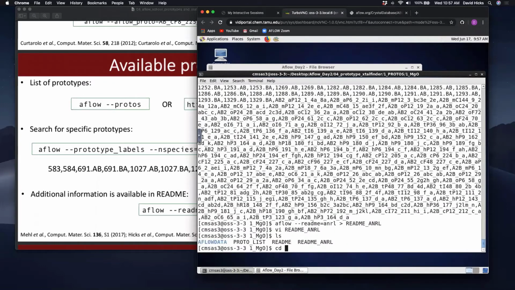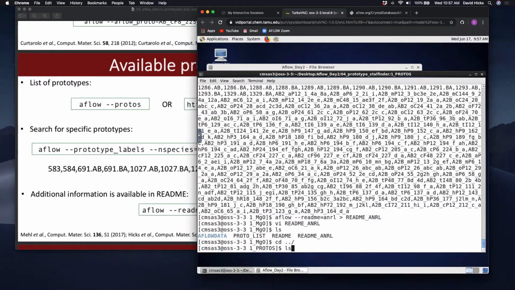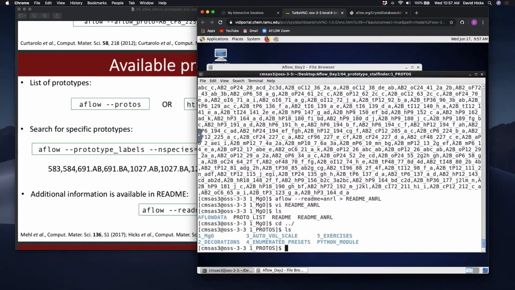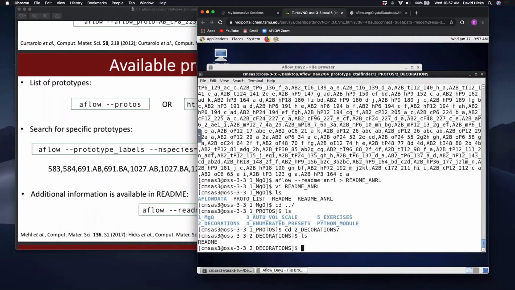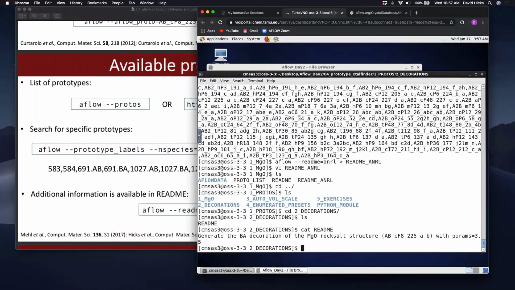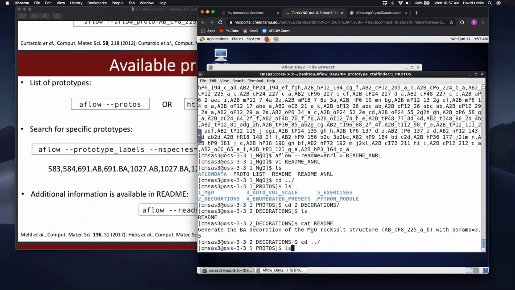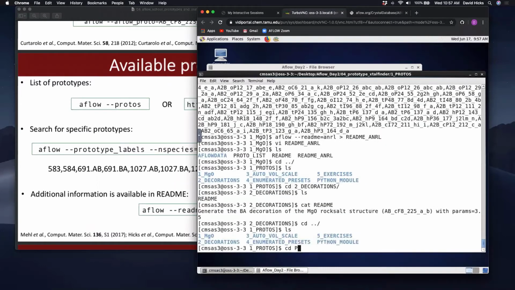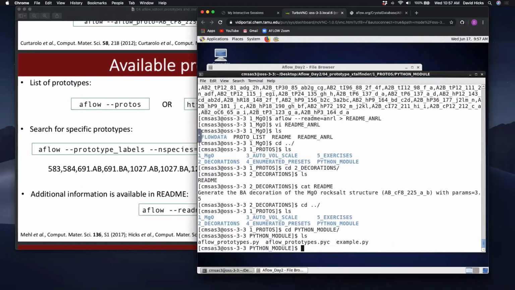I realized we actually only stayed in this one directory, and I actually set it up into different directories, but basically they were outlining the different exercises, so you can feel free to go in on your own time. They have the READMEs, so they tell you exactly what to do for these particular commands. And there is a very, very small Python module, in case anyone was wondering. It's very simple. If you go into the Python module directory,